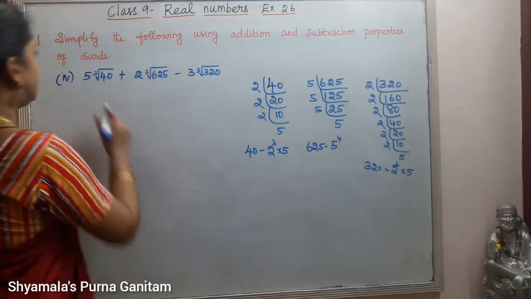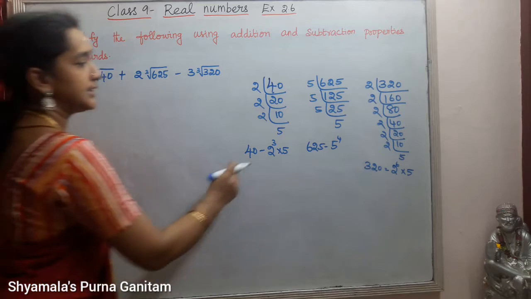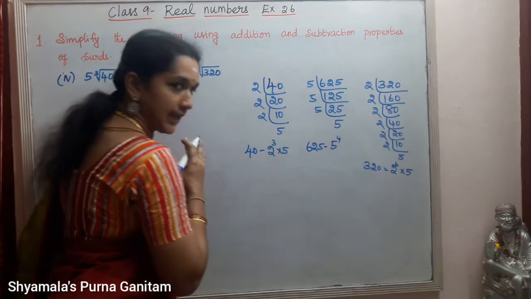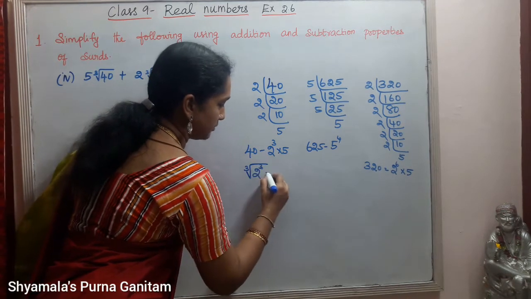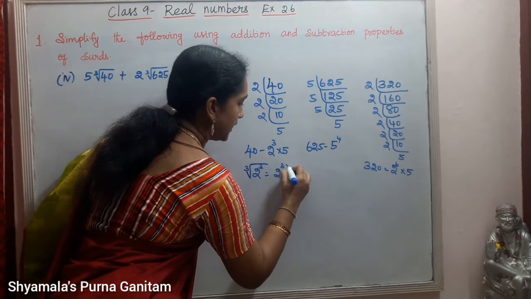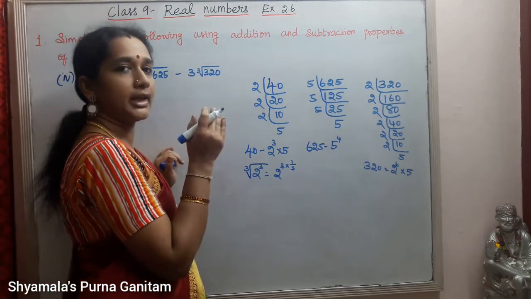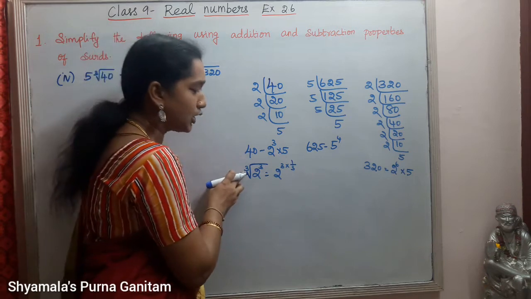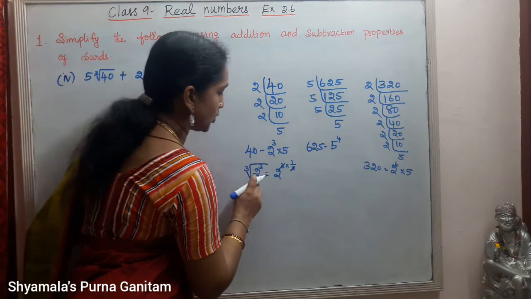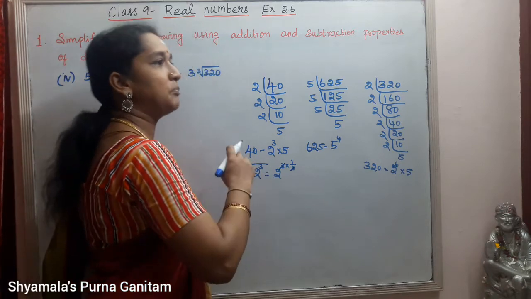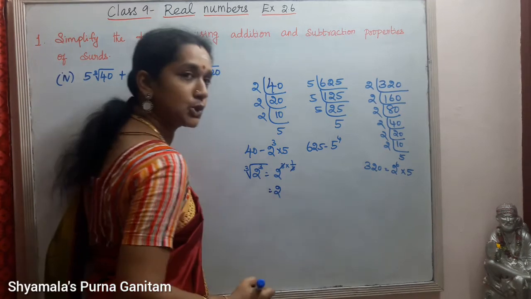Okay. So everything here, it is given cube root of 40. So here 2 power 3, the same procedure only, cube root of 2 power 3. That means 2 power 3 into 1 by 3. If it is square root, it is 1 by 2. Since it is given cube root, it is 3 into 1 by 3. So that will get cancelled. Whatever we have as the multiples of 3, it can be simplified easily. So we will get the answer as 2 here.